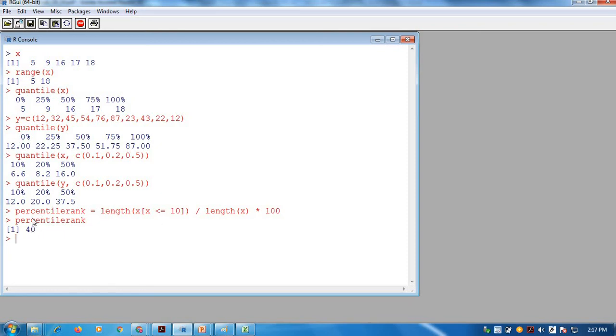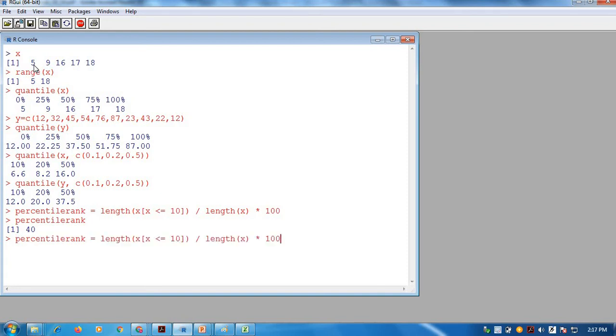So what does this mean? Below 10, how many values are available in the given data set? There are 2 values available in the data set, which is nothing but the 40 percentile of the given data set. Is it true? If 5 numbers belong to 100 percentile, then definitely 2 numbers belong to 40 percentile. So each number is representing 20 percentile.